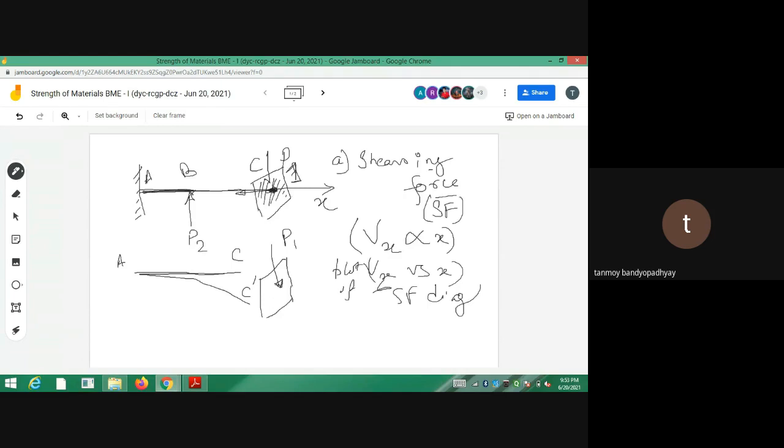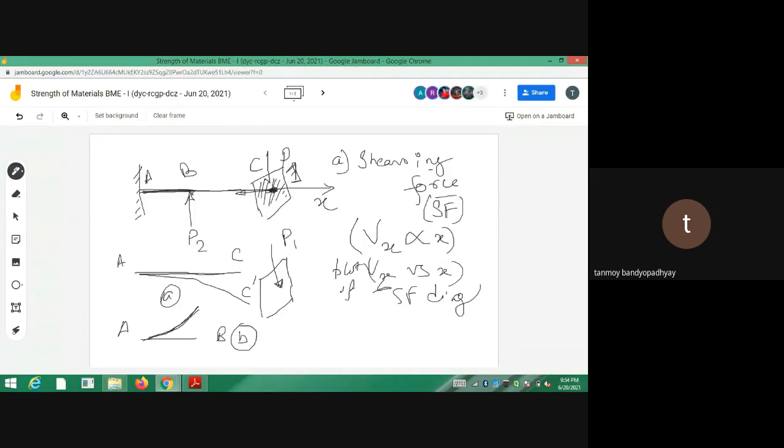So how is the bending occurring? This part AC will bend like this, and if I consider the part AB, which was initially horizontal, after the application of the load it will bend something like this. Now if I superimpose these two, the part A and part B, I will get the final bending moments at every point acting on the beam AC. This is the superimposition of the bending moments acting on the part AC considering P2 was absent, and then considering P1 was absent. If I draw and superimpose, I will get a bending moment diagram.